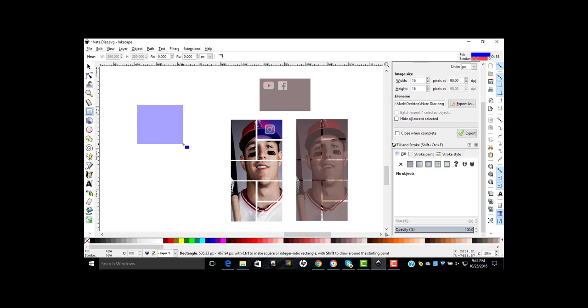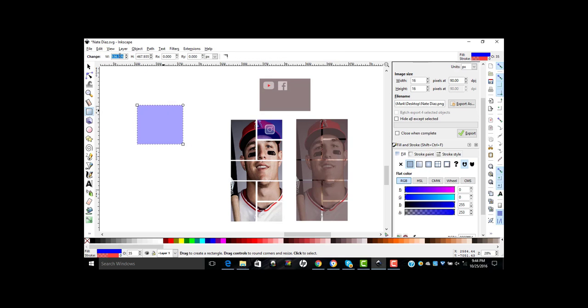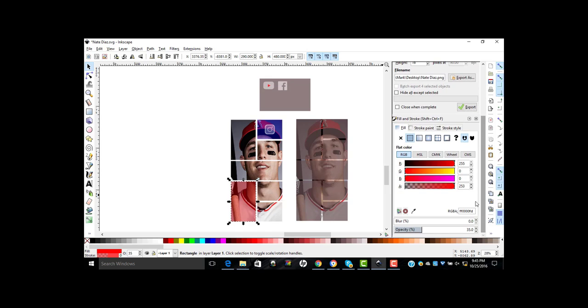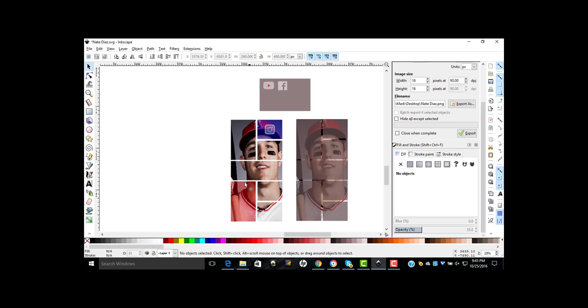and obviously make an overlay that is the exact same size as that tile. So we'll do 290 by 480, and then we simply drag it over that specific tile. Let's make it red, just to add more variety in the style that we're putting in. So red. Perfect. It should snap right to it. And then from there, you can change the transparency of these tiles